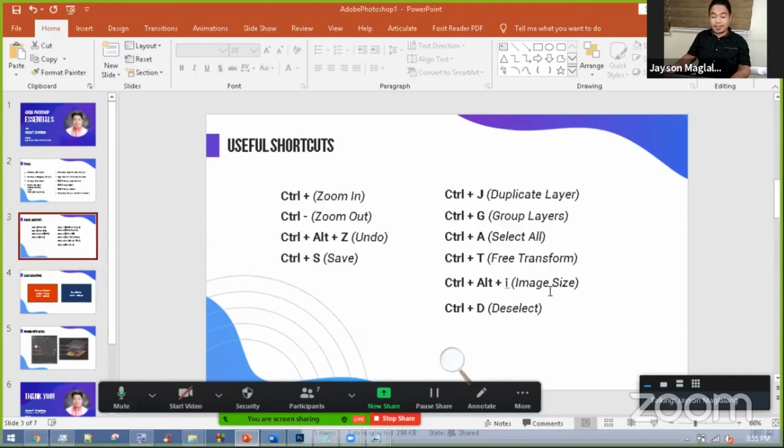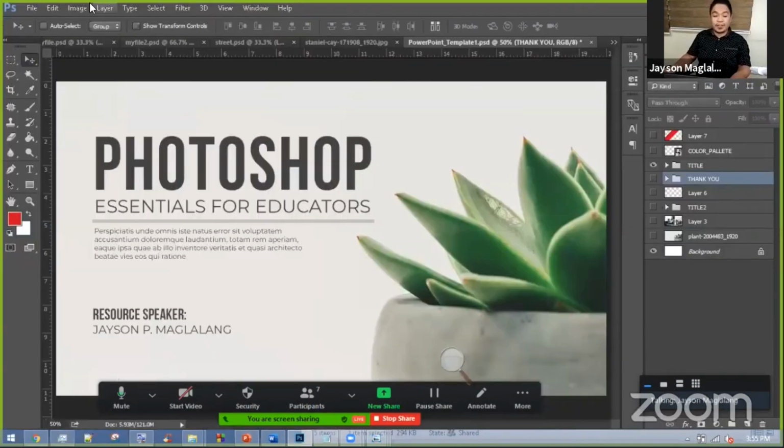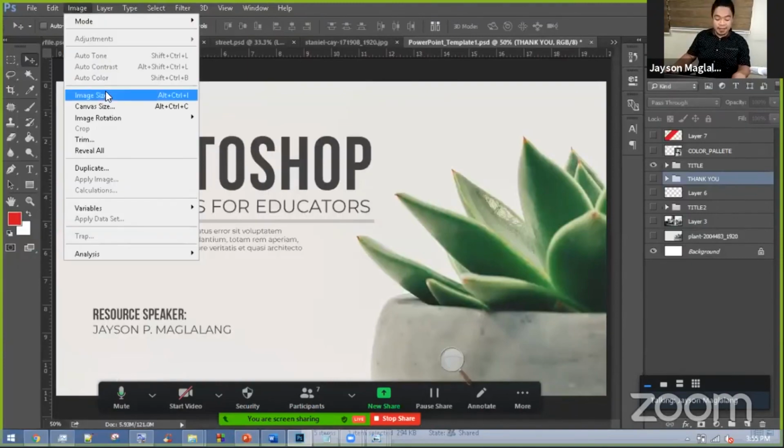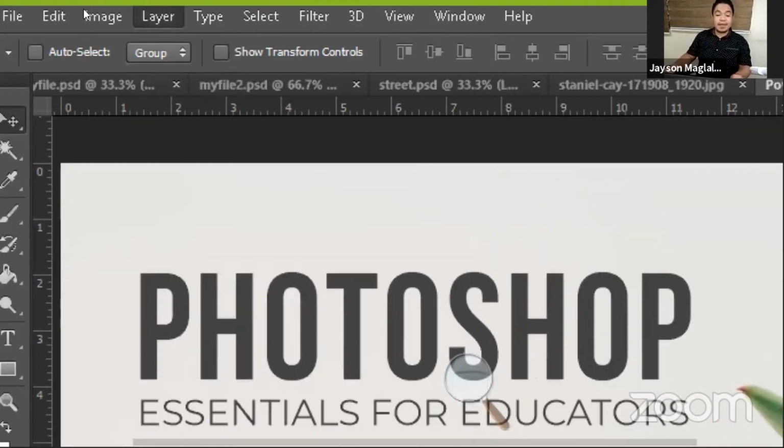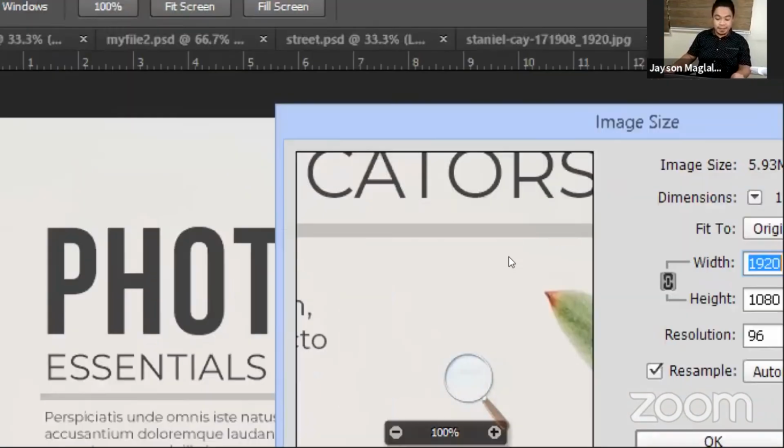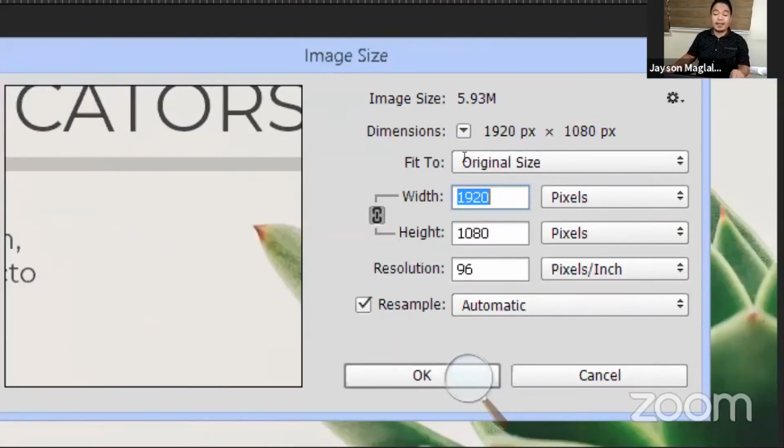But if you want to access yung size ng inyong canvas, I mean ng image, just remember this shortcut. Control-Alt-I, or you can just go to image, and then image size. Again, image size. You'll see that here, I applied 1920 by 1080p. 96 ang resolution na ginagamit po ng PowerPoint. You can still use 72